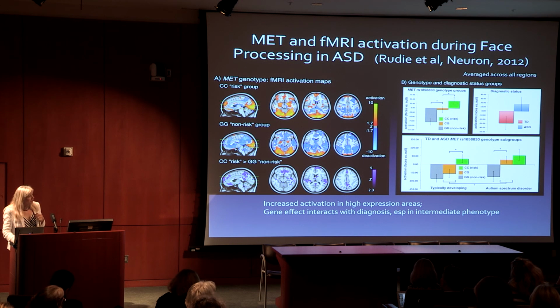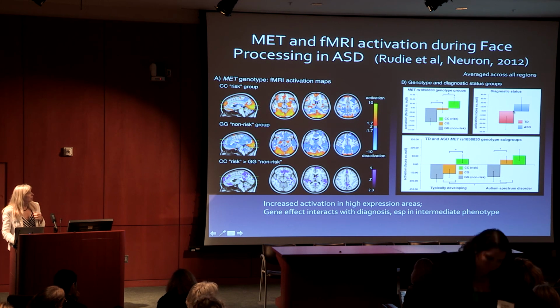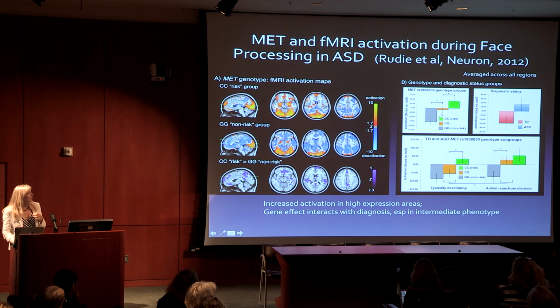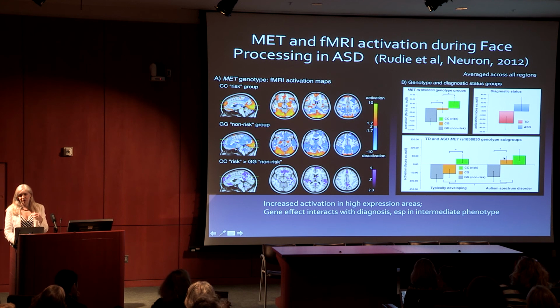And then you can also see the interaction by diagnosis. So this is in one of these big regions here in TD and in ASD. In one of these face processing regions back here, we can see big differences in activation by diagnostic group, but we can also see big differences in activation just based on genetics. And this is the interaction between autism diagnosis and the gene. You can see there's a very nice interaction here, so that if you've got the risk gene and you have autism, the activation patterns are significantly different.